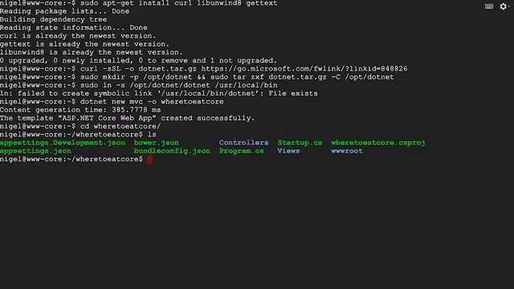There are a couple of steps to run before I can view the application. First, I need to bring in all of the reference supporting .NET assemblies, and I do this from the command line with .NET Restore.